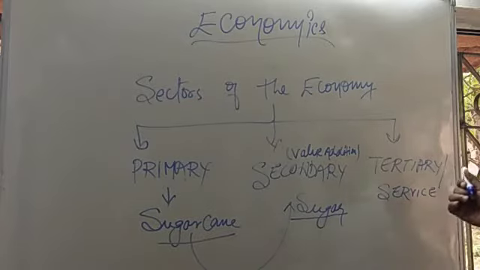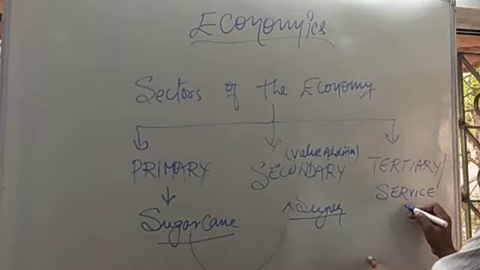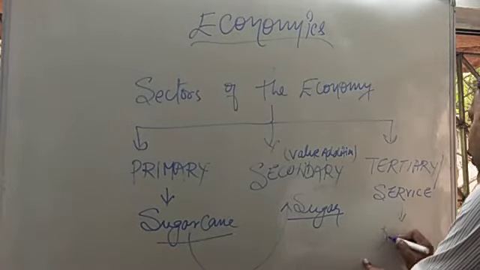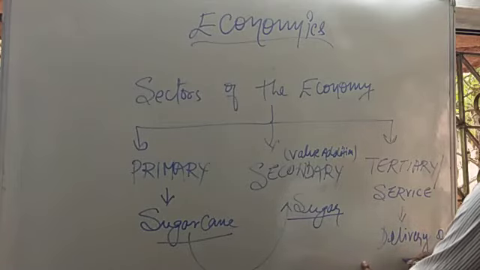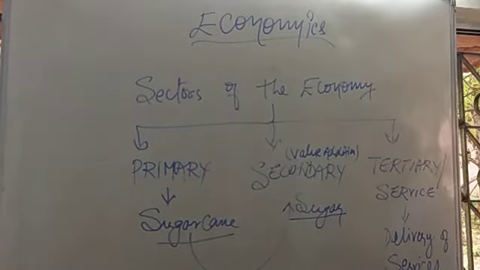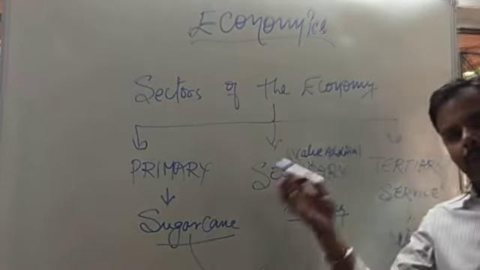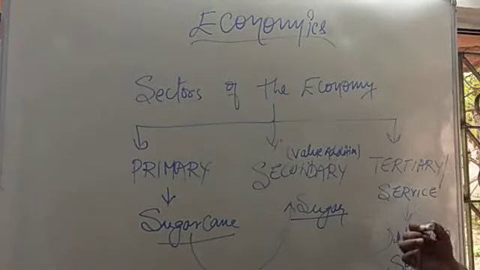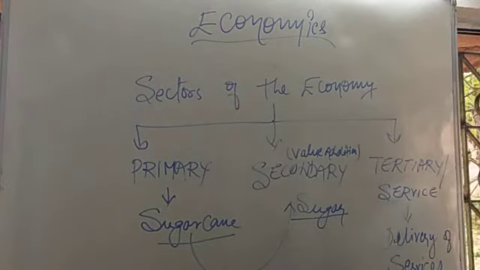And the next sector, that is tertiary or service sector, is concerned with the delivery of services. Whatever we get, whatever product we receive, it's all because of the service sector. This sector is concerned with the delivery of services. Whatever we receive, this marker in my hand, has been manufactured by primary, secondary and then passed on to tertiary. Now tertiary sector supplies to different sorts of retailers, different sorts of wholesalers, and then it finally lands with the consumer.